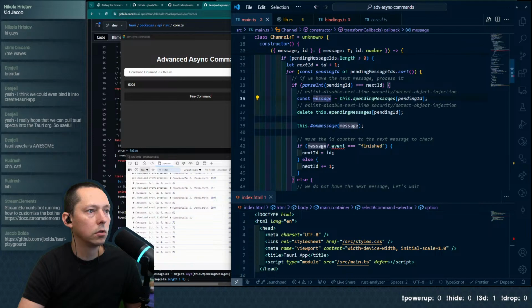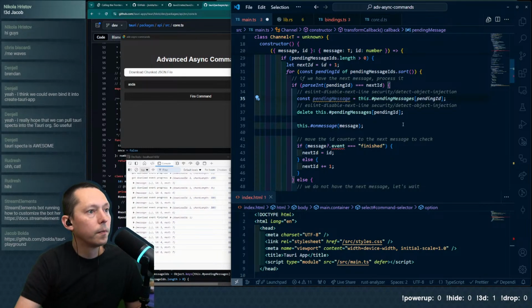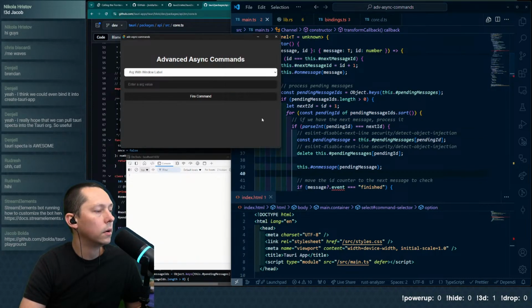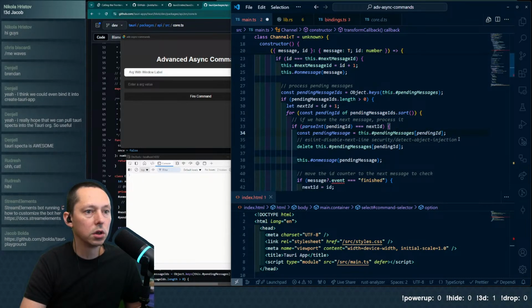That's a bit of an oversight. So we'll say we're going to change this to pending message. And that should work then. We were clobbering. Detect object injection.